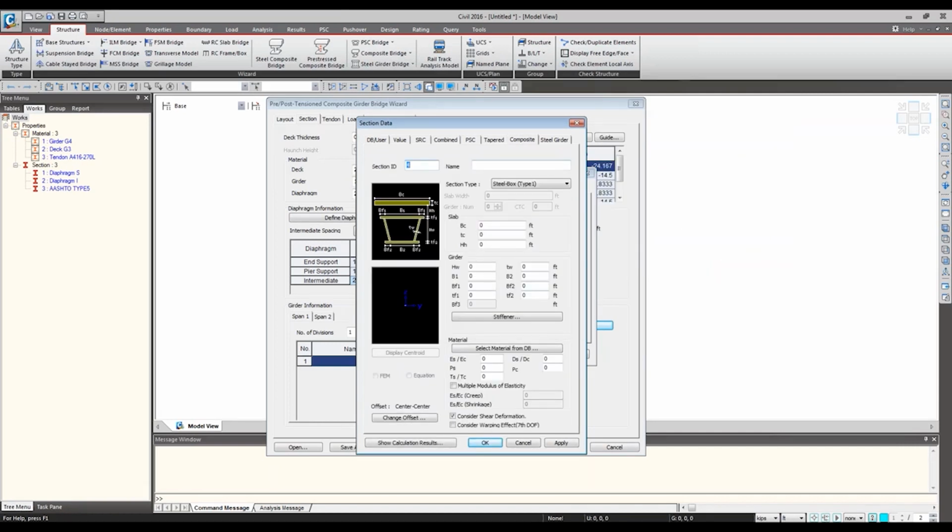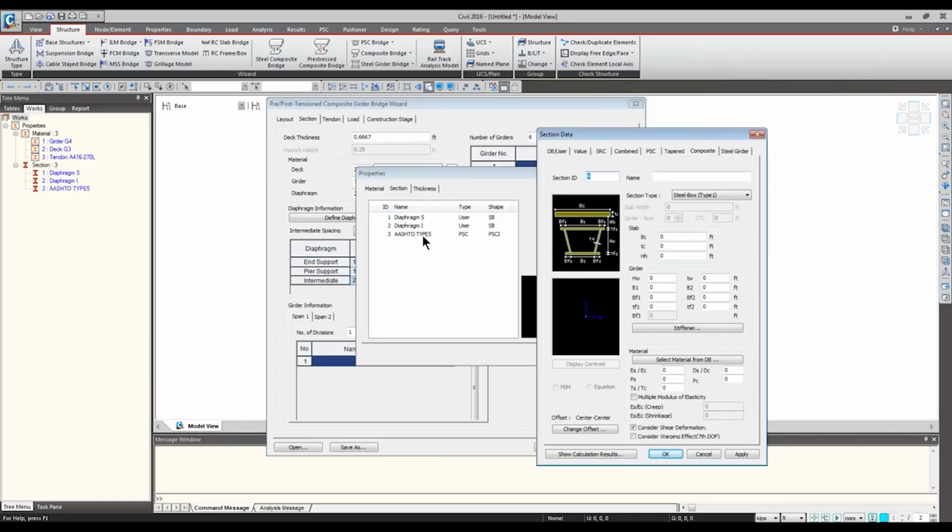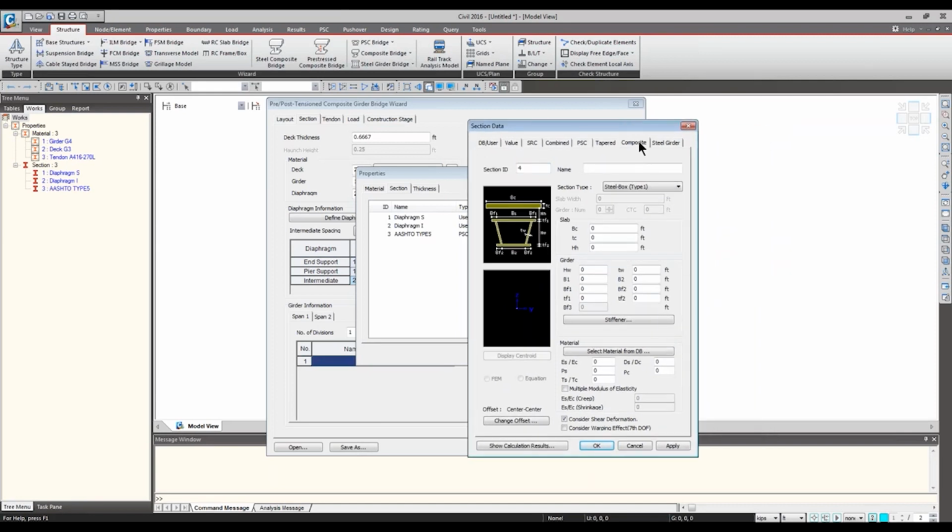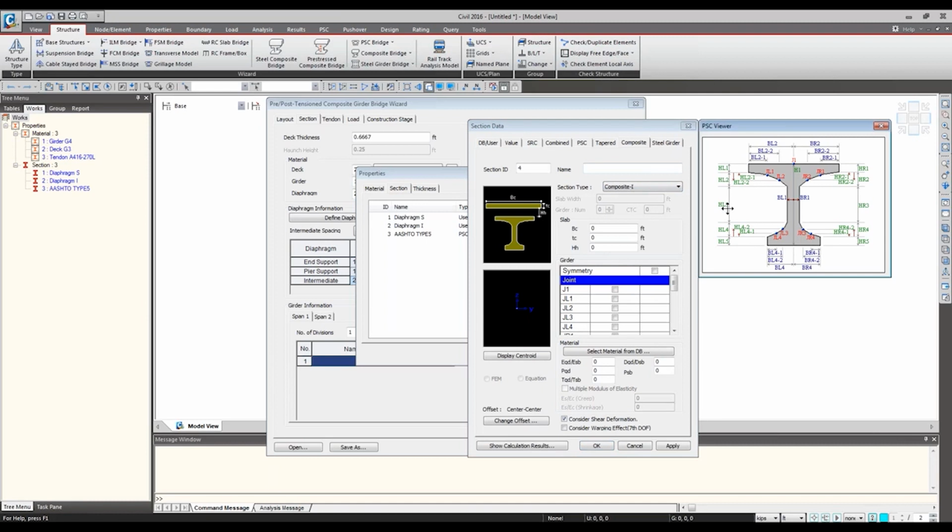So now, for this one example that I'm covering, I will be working with AASHTO type 5. I defined my girder already, as you can see from the list, AASHTO type 5 right here. And when you go to the composite tab, this is where you can define the composite. Using this composite, we are basically defining both the concrete portion and the girder portion at the same time. The merit of it I'll get back to later, but just know, in order to use the wizard, you will have to define your girder and the composite.